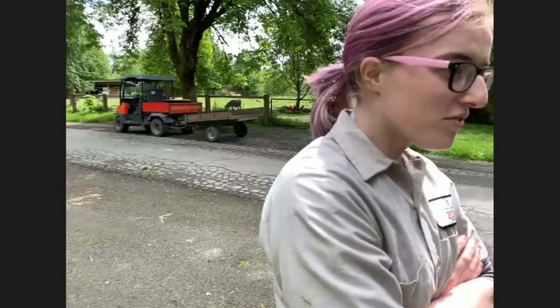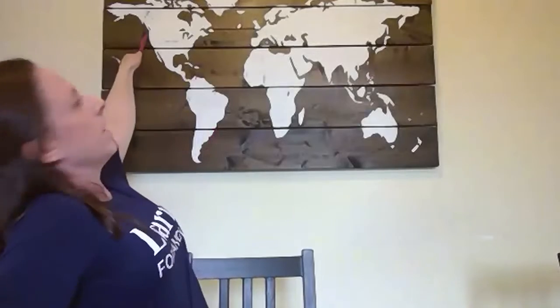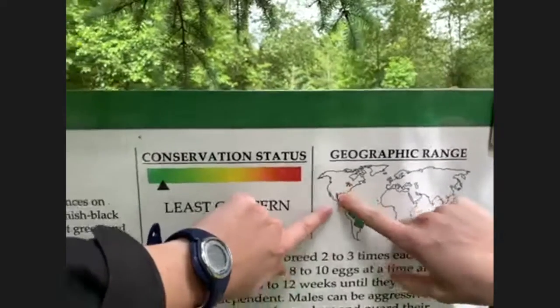Where do capybaras come from? That's a fantastic question. So capybaras are a South American rodent. So they come from South America. You guys know where South America is? I can show you. I have a map right behind me. So this right here is South America, and we are way up here in North America. So there's South America, below North America. Some of them can also be found as high as Mexico, but they're mostly found in